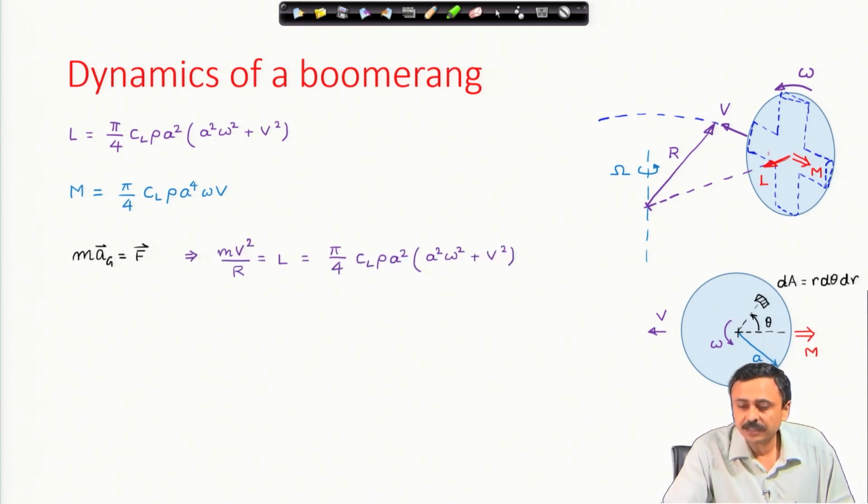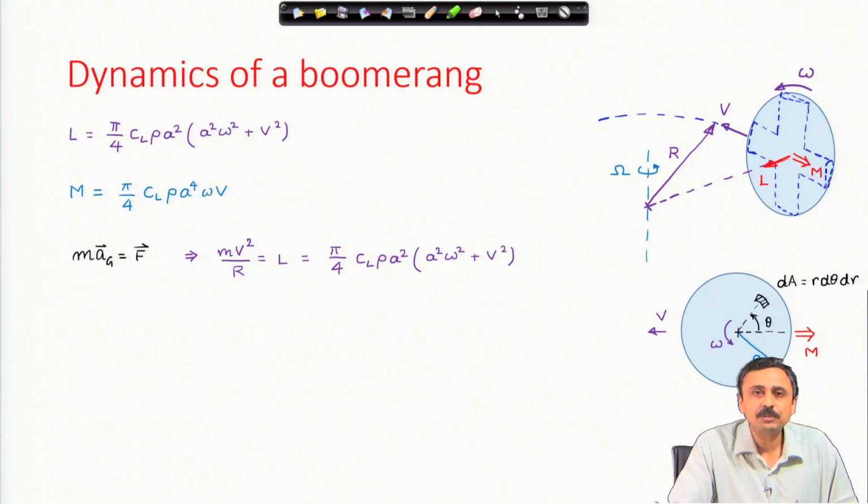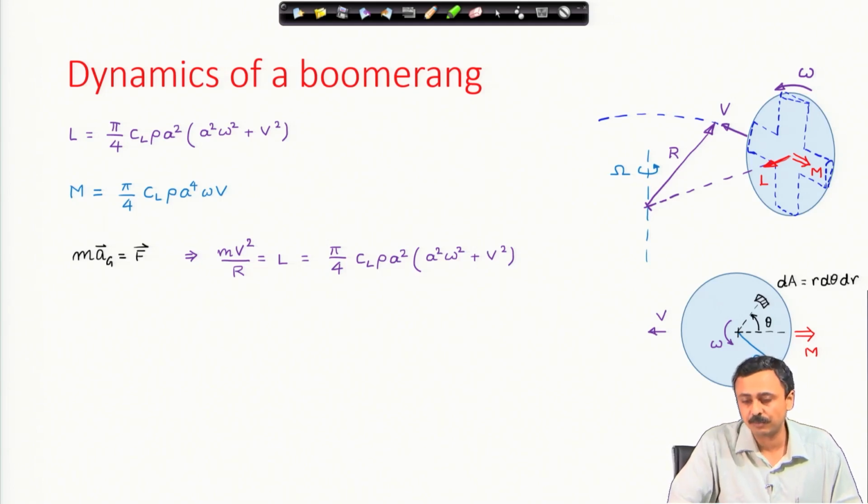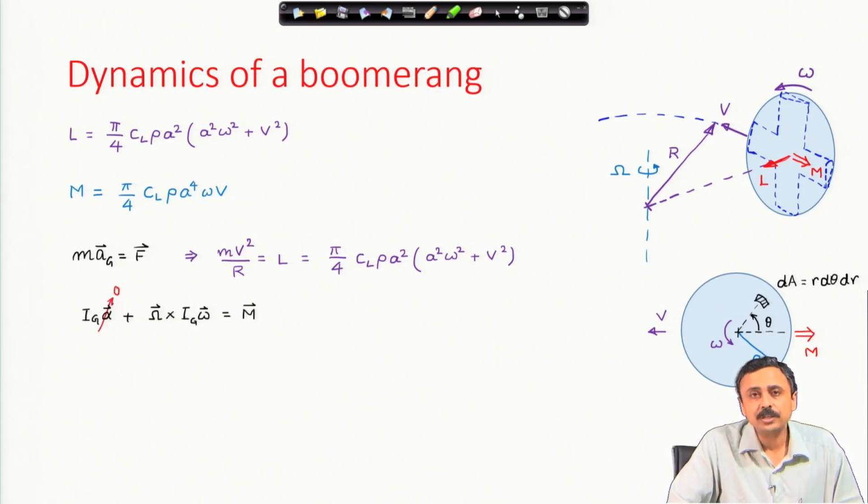Because I am assuming that it will be moving on a circular path, the only acceleration term is because of the centripetal acceleration of the center of mass of the boomerang, right. Centripetal acceleration m v square by r, r is the radius of curvature of the path of the center of mass. Therefore, m v square by r must be equal to the lift force,